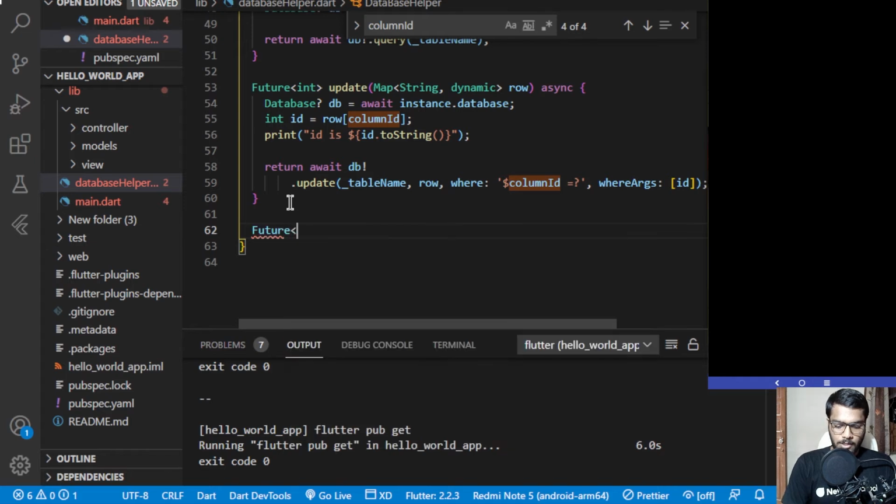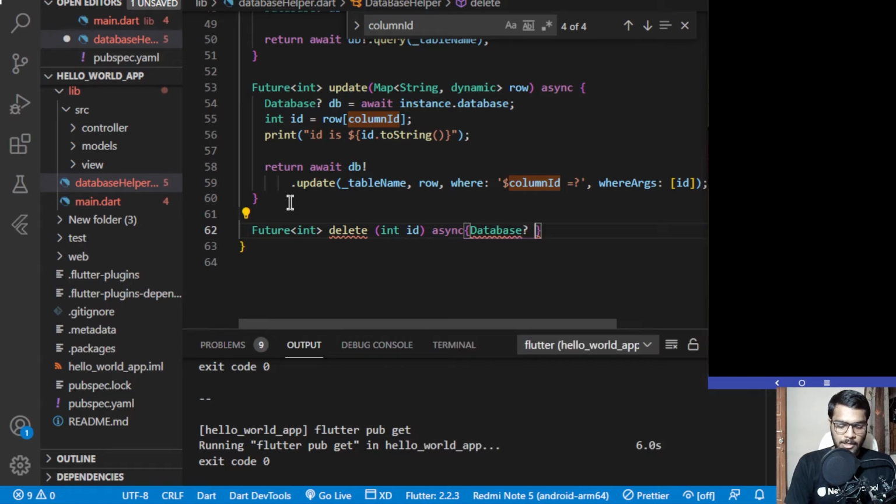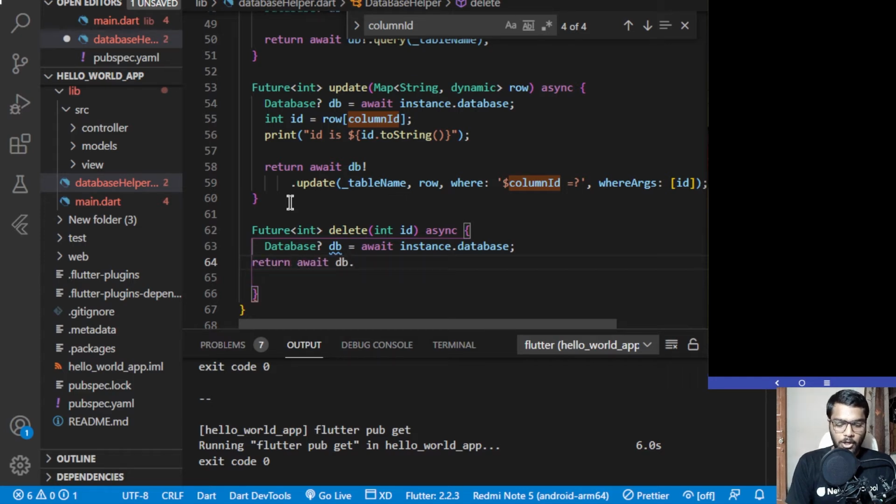So Future integer delete, it will be having an integer id. It takes an integer id, so basically the id of the data where we want the particular field to be deleted. It is async as well, and herein we need to get the database at first. So Database nullable checker db, and it will be having the value of await instance dot database, and after that we need to return await db dot delete,